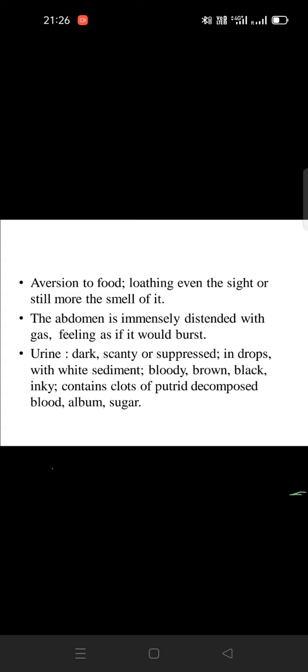If there is brown color of urine, then we can correlate with liver failure. But if there is red color of urine, then we can say red color urine we will find in case of lead poisoning and